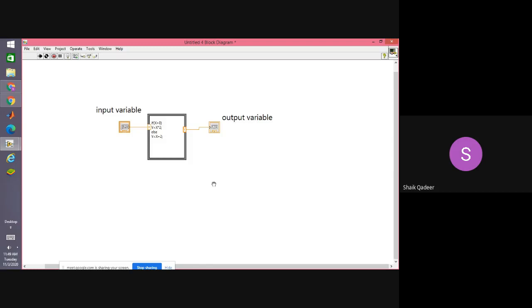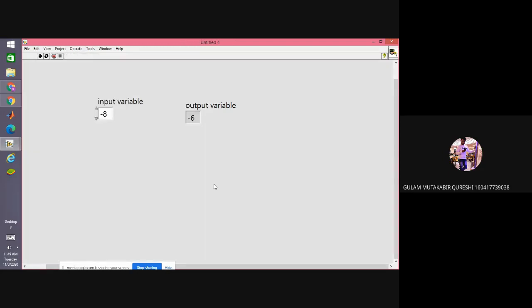Can I take you to block diagram? Oh, so front panel. Yes, sir. In examples, you write the steps also to configure the formula node. Okay, what are the steps? We need to right click on the boundaries and add inputs and outputs. Please everybody add that point also. I was trying to tell you that earlier.